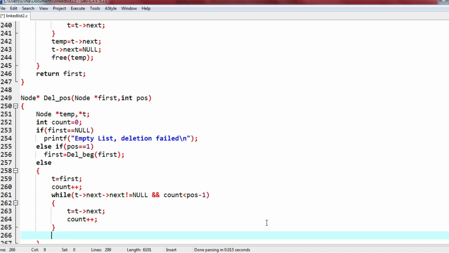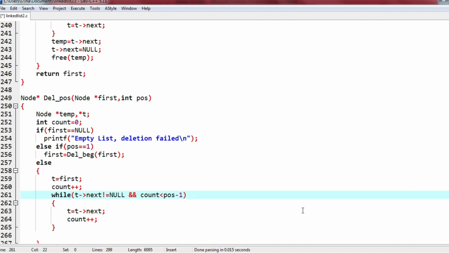When we come out of the loop, either we have reached the last pointer, that is next is equal to null, or we have reached count equals to position minus 1. That means we have reached either the end of the list or the required position.